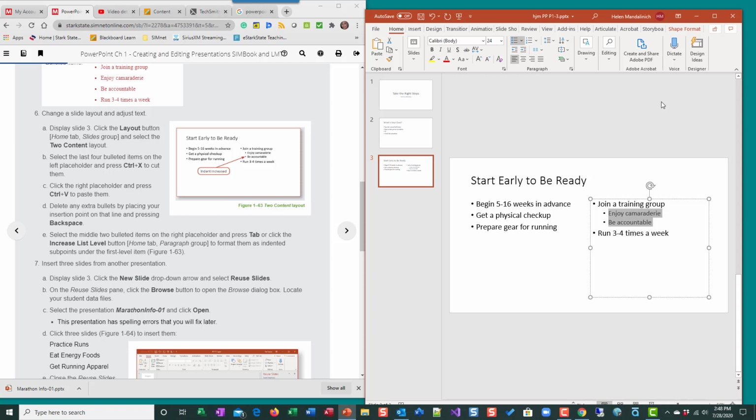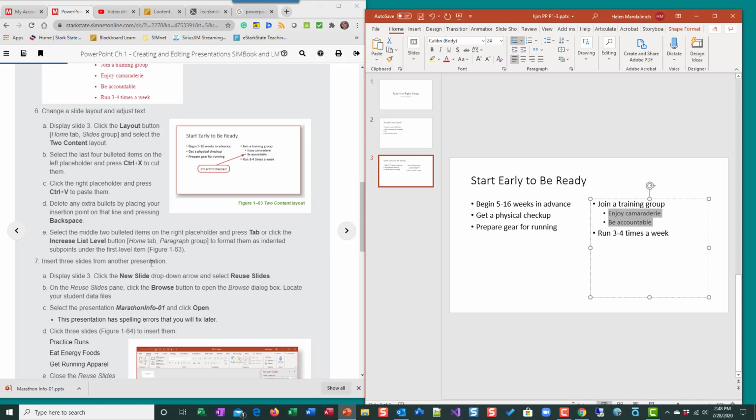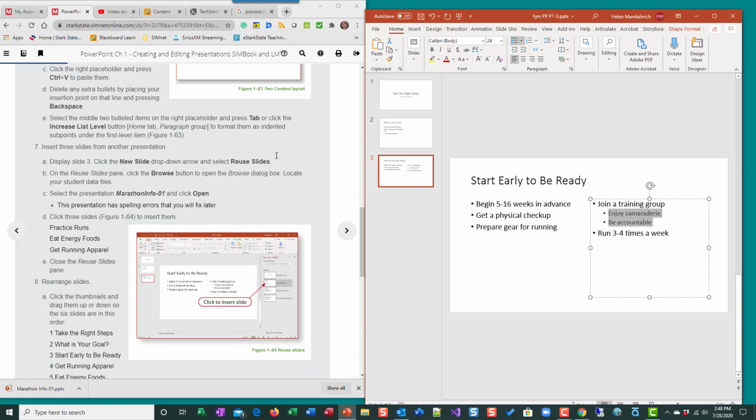I'm just going to hit tab on my keyboard. So it indents that, and now those become subtopics to join a training group. All right, so at this point I'm going to save my file before I try to insert these slides from